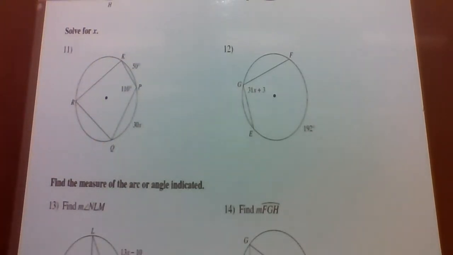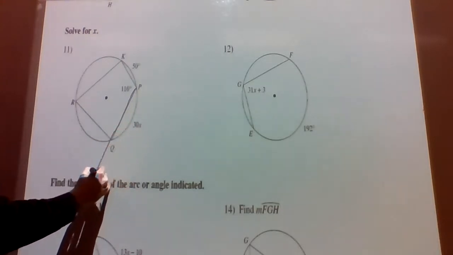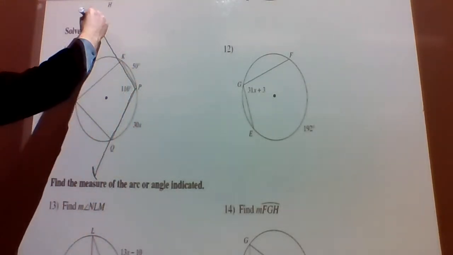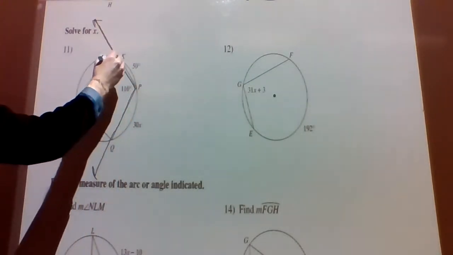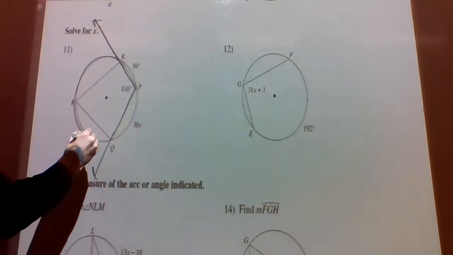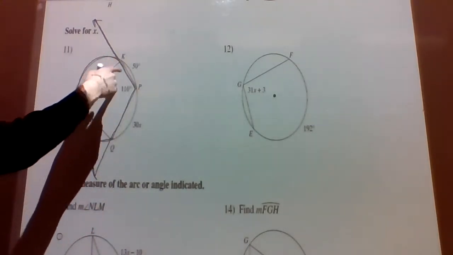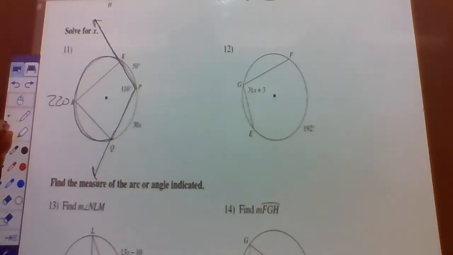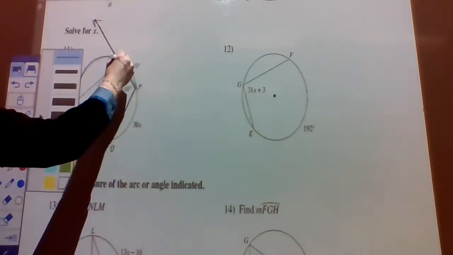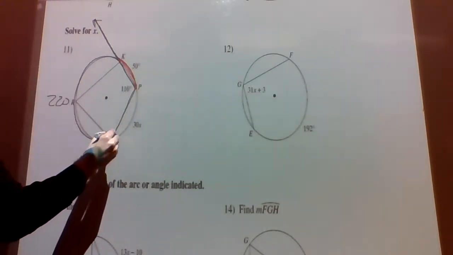All right, I want to solve for X. The first thing I want to do here is look at our inscribed angle. So here's our inscribed angle. If that's our inscribed angle, we know that our KRQ is going to be 110 times 2, that's 220. We know KP is 50, and we know 30x